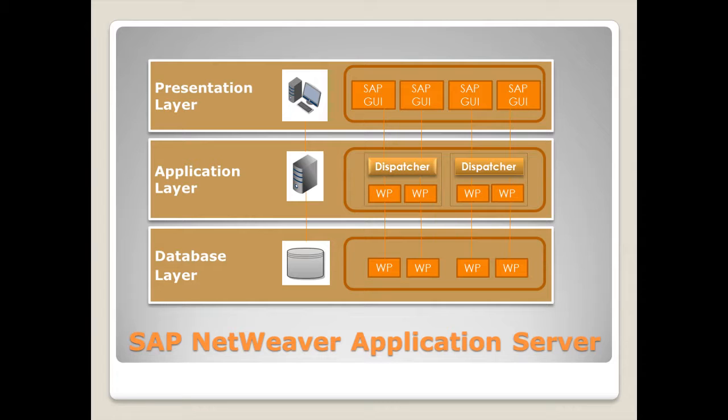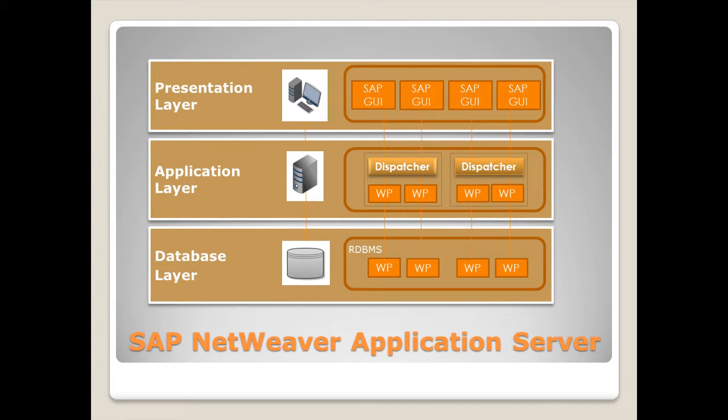The database layer is the bottom layer. Here all data is stored. But not only the application data of business processes, we also have all data which is needed to keep the system running. For example, all the source code of ABAP programs is also stored here. They are kept in special database sections. And as you can imagine, such databases contain a huge amount of data, and therefore there is also a so-called relational database management system, which manages and controls everything that is going on in the database.